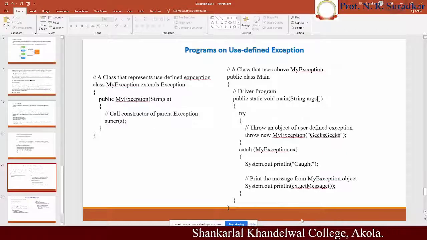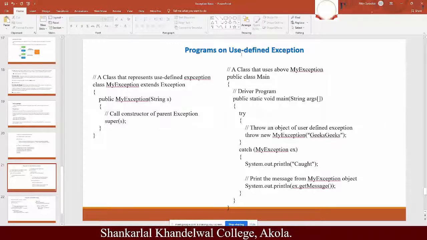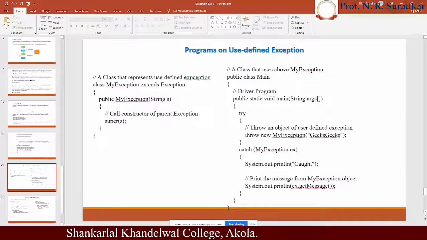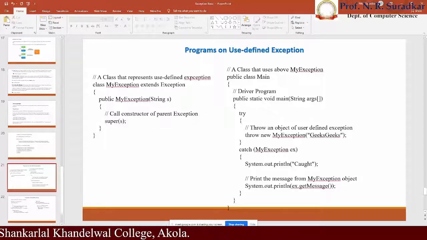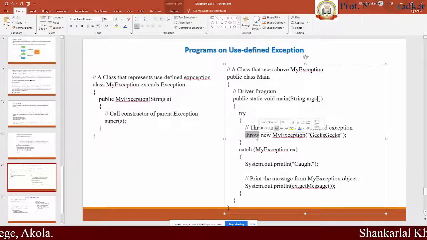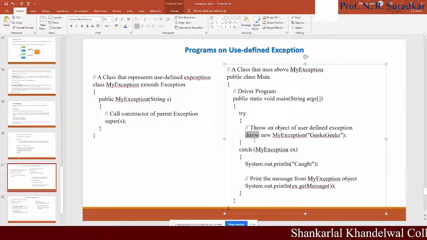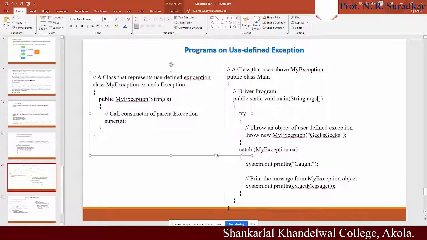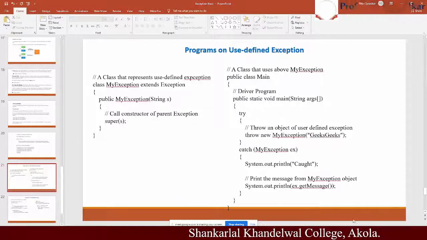Okay, and we learned about what is the meaning of a predefined exception. Now we have to look at what is the meaning of user-defined exception. Whenever we want to send or throw an exception which is a user-defined one, we have to use the keyword throw. As I show on your screen, I am selecting that word, which is normally used to throw an exception, and after throwing that exception we have to catch it in the catch block. Okay, let's see from the starting point.